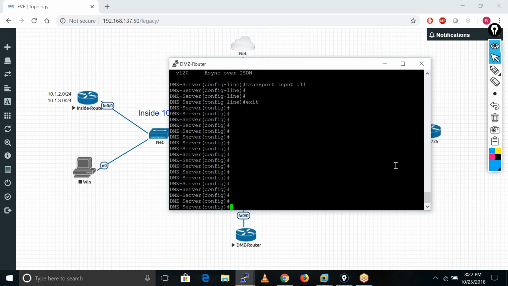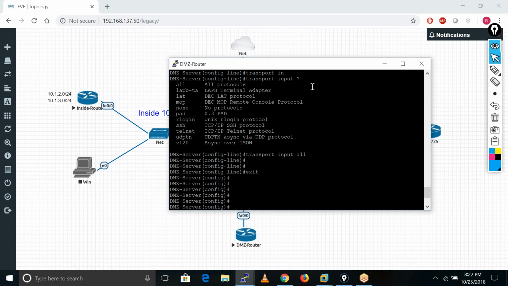Now transport input all means that if we configure telnet and SSH on a router, it accepts the telnet request on line VTY as well as the SSH request. If I configure only SSH, then it receives only SSH requests on this line VTY. If I include only telnet, then it only accepts telnet requests; if somebody sends an SSH request, it drops that request.